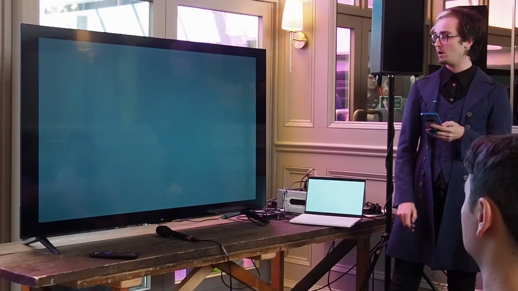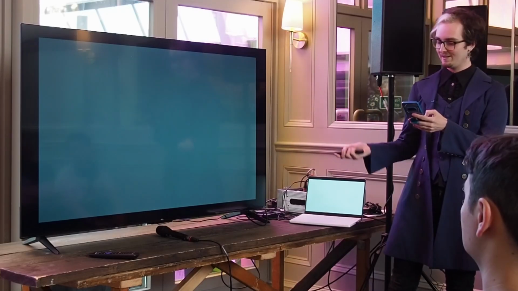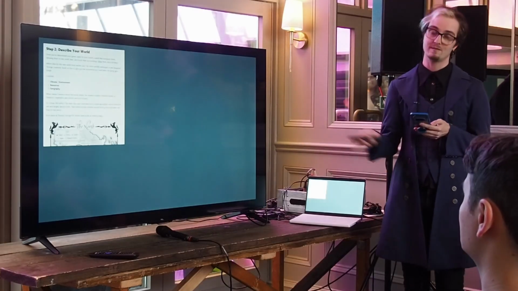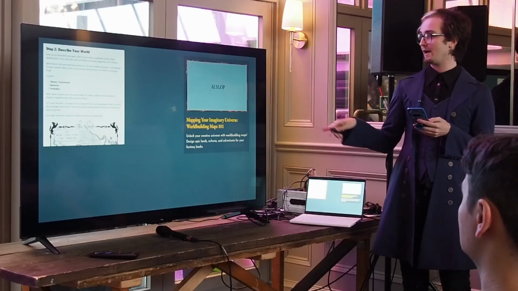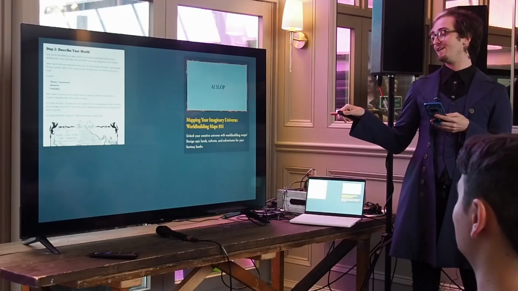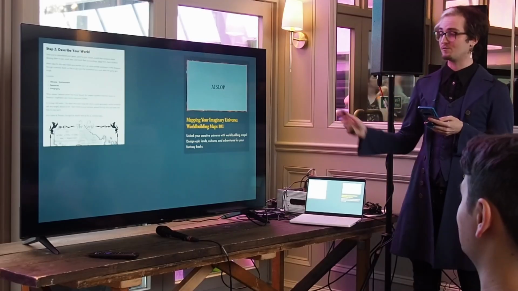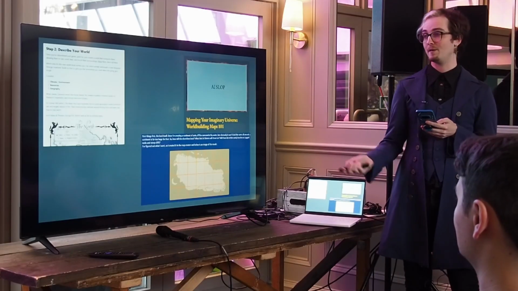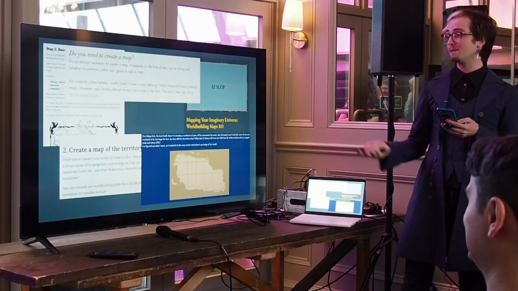So if we then go on Google and see what kind of guides we can get to learn how to world build. Here, this first one says, describe your world, set out the things, and then it says to make a map. This one points you to this, which I have great faith in being a good resource, which also recommends you to make a map. Here's another one that says you should make a map, and then there's another one which recommends you make a map, and then this other one,